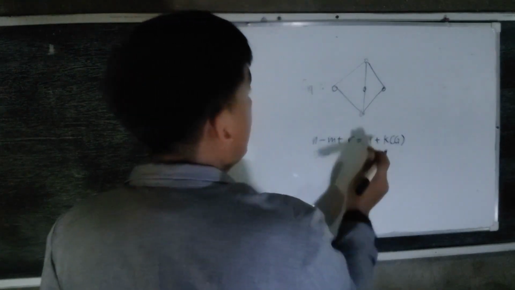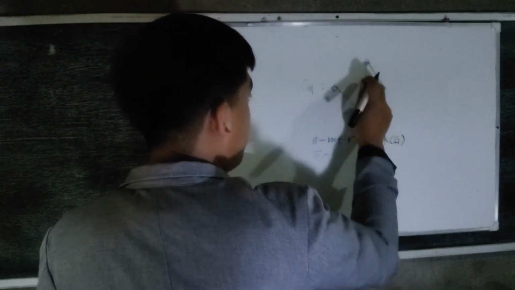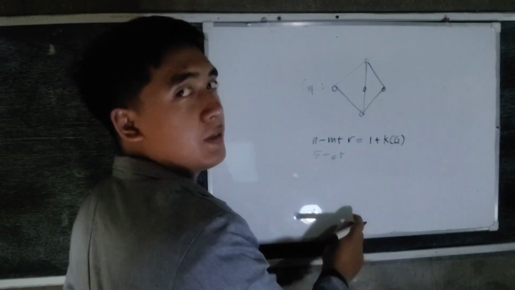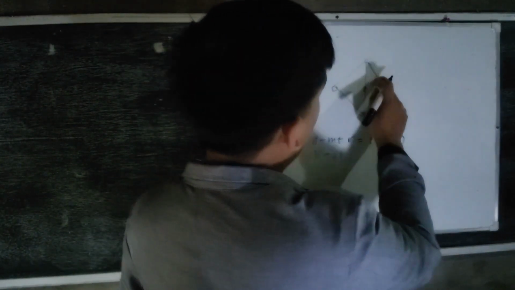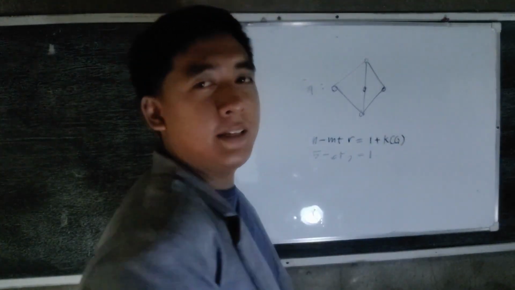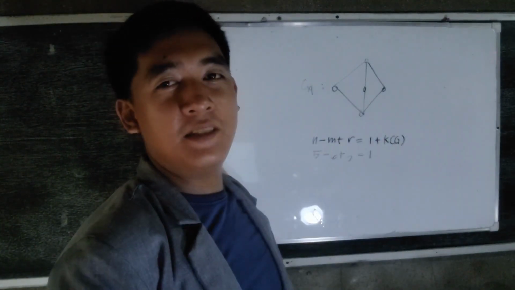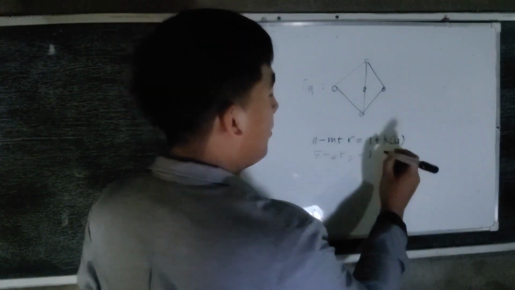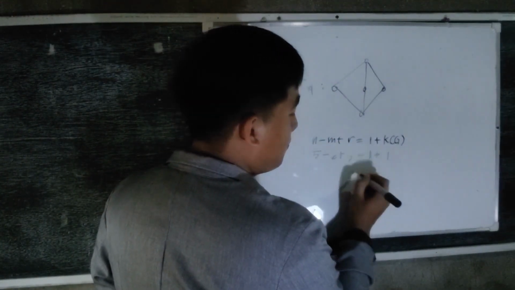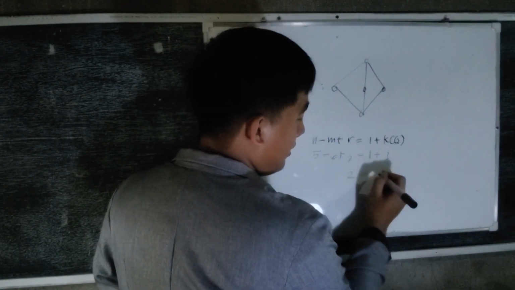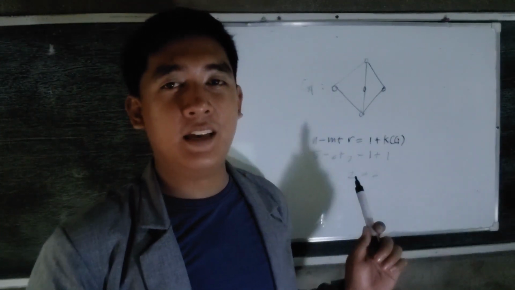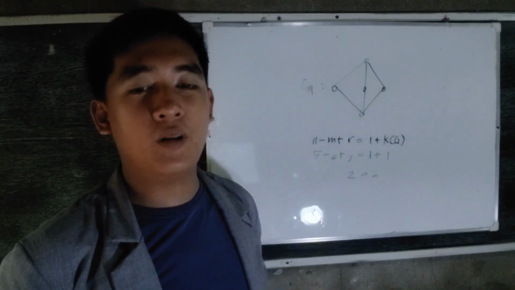5 minus how many edges? 1, 2, 3, 4, 5, 6. Plus how many regions? We have 1, 2, and 3. Equal to 1 plus how many components does G4 have? This is just equal to 1. We know that this is 2, and 1 plus 1, that is 2. Hence, this is an example for corollary